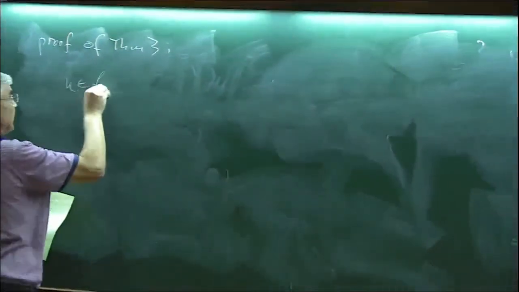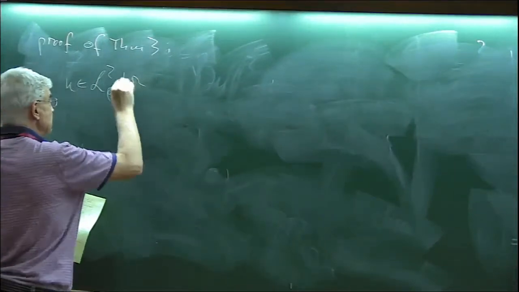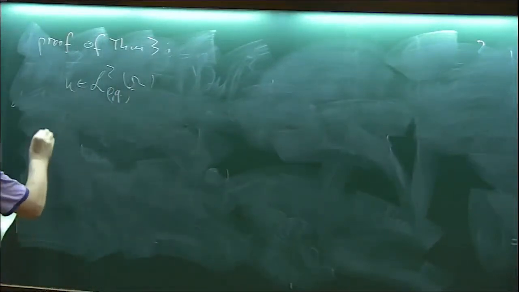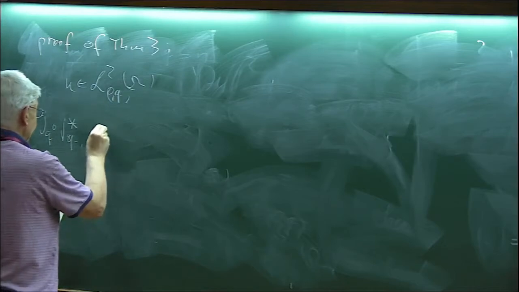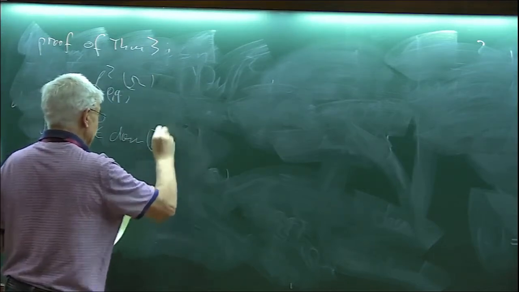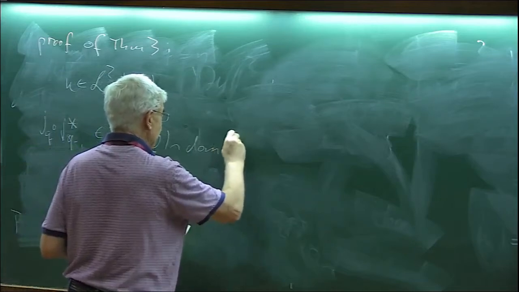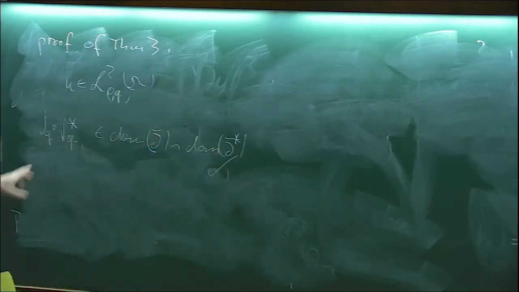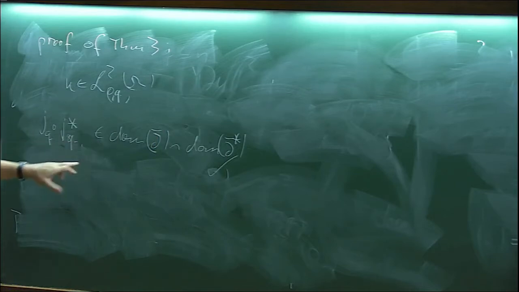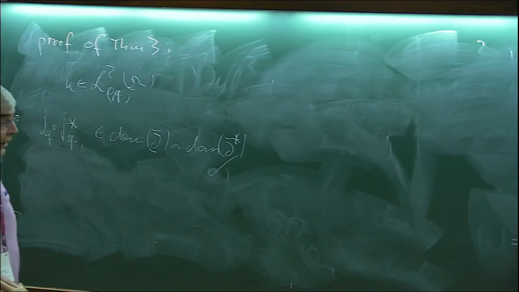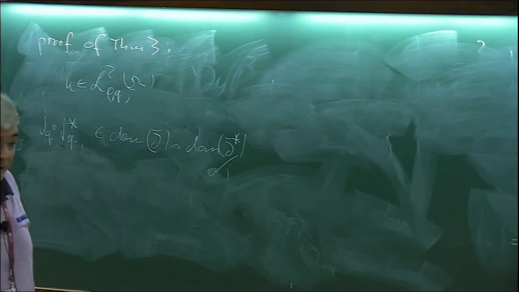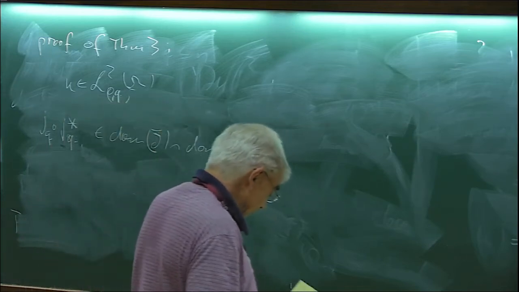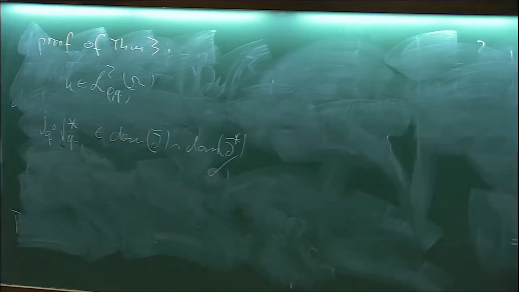So I start with U in L2, and well, this is in the domain of d-bar intersect domain of d-bar star, so that's good, because J_q star maps into that domain, and then this just embeds it, doesn't change anything. So that's the first requirement for being in the domain of box, right? Has to be in the domain of d-bar and d-bar star. And then we have to check